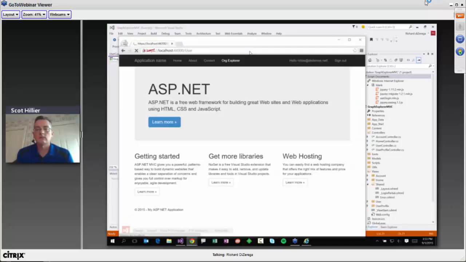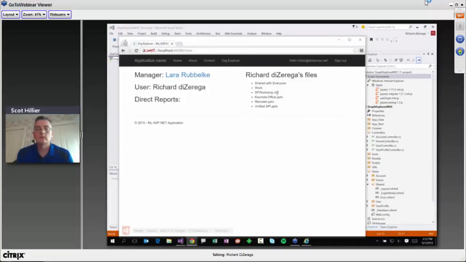In this case, it's actually going to go and look up my manager, my direct reports, and all of my files. So just a really simple view here that's showing the beauty of this, that it can go to all these different services with a single token. Yeah, that's great. So you can really see here the transformation of the JSON information you showed us in Demo 1, now live in an application and doing something meaningful.